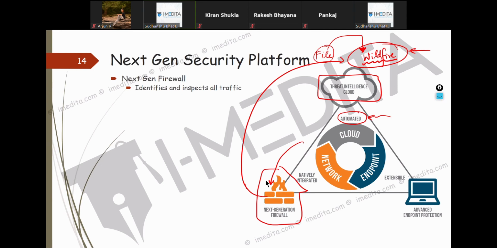But the point here is that if you submit the file to the WildFire cloud, Palo Alto is going to run it in various different virtual machines that they have. They have Windows 7, Windows 10, Linux, and Mac OS machines.